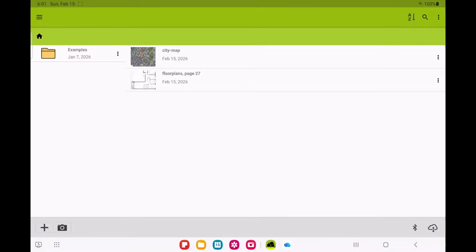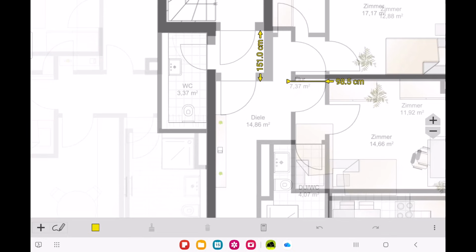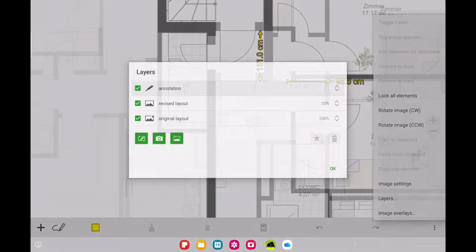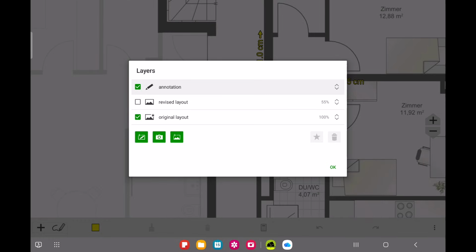The same layer features are also available on Android. Let me quickly show you how to access them. In the editor, open the menu and tap Layers. This opens the Layer Management dialog. Here you can see all the same controls as in the desktop version. You can toggle visibility using the checkboxes,